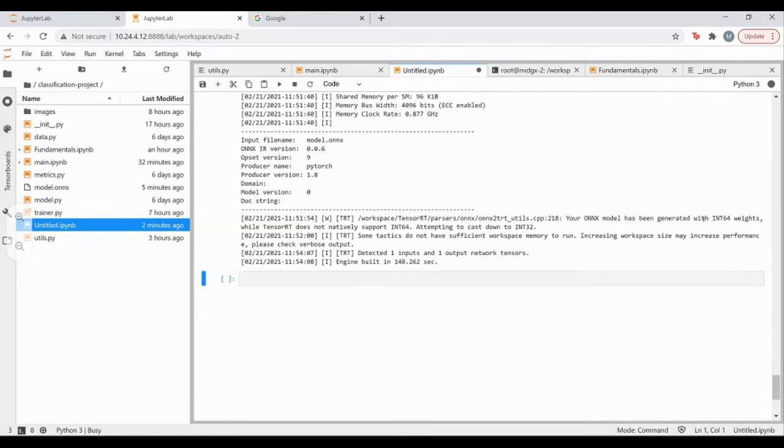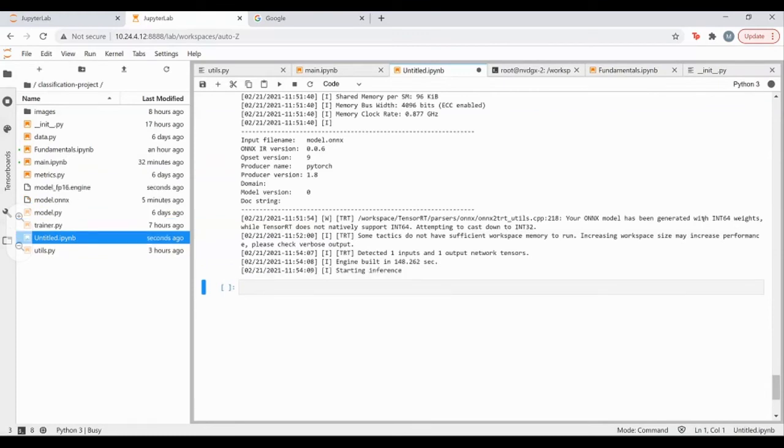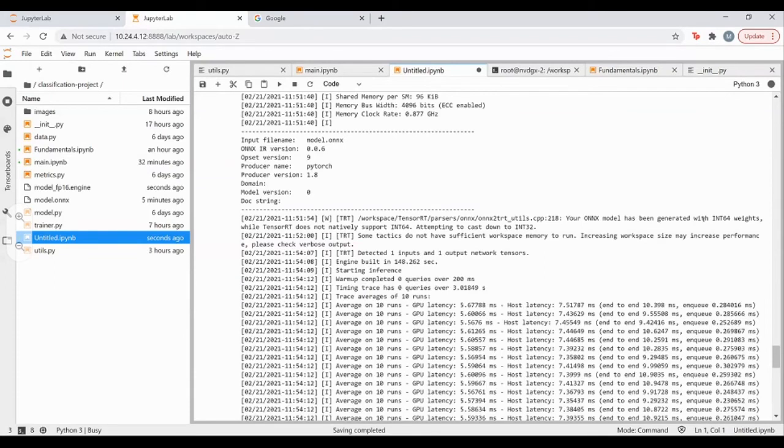So all those Docker images will require the GPUs, and they are basically built for GPUs. So if you don't have a GPU, I'm not sure if the Docker images will run properly. Is TensorRT the highest, or is there something higher than TensorRT? I don't really understand that question, but